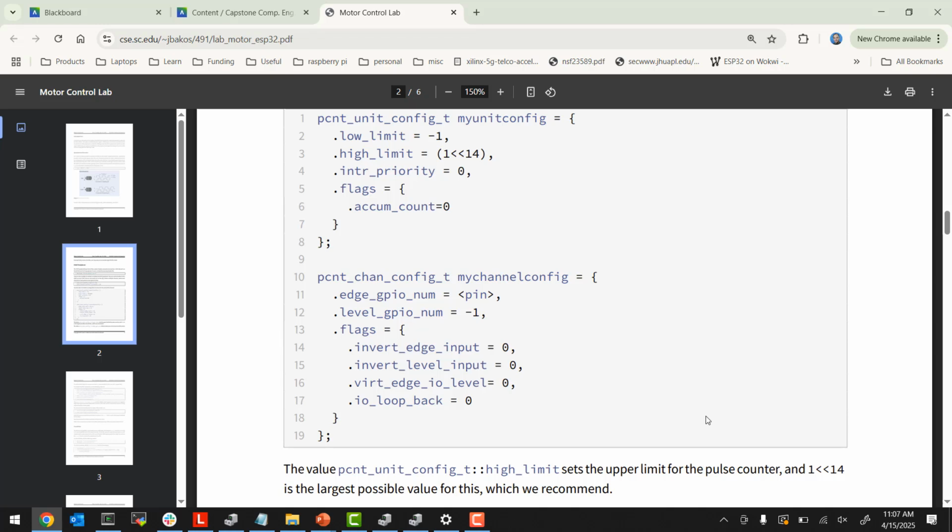And for the edge, we want to set that to whatever pin you want to monitor. There are 6 of these pins, though, because there's 3 motor connectors and an A and B quadrature signal for each one. You can choose whatever the 6 you want to choose, and I have all the pin numbers in the document. Okay? And then invert and all this other stuff you just set to 0. Okay? Then once you set that up,